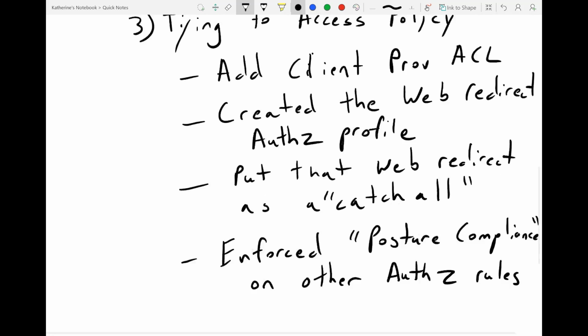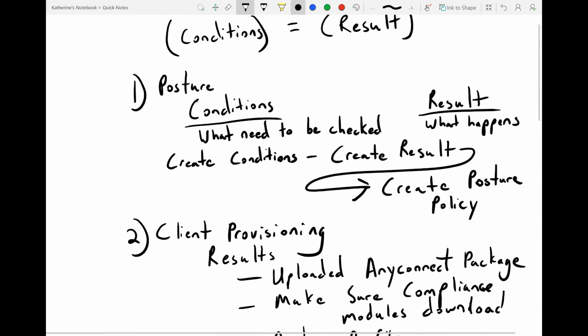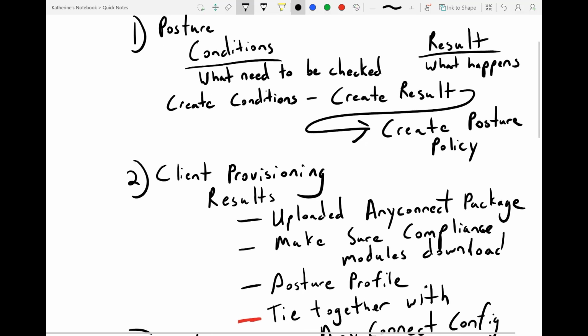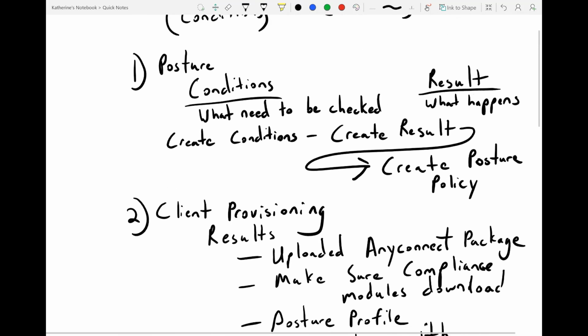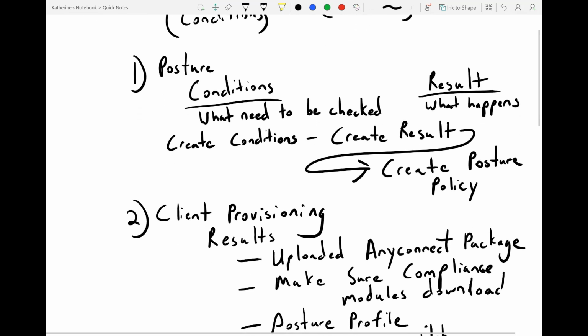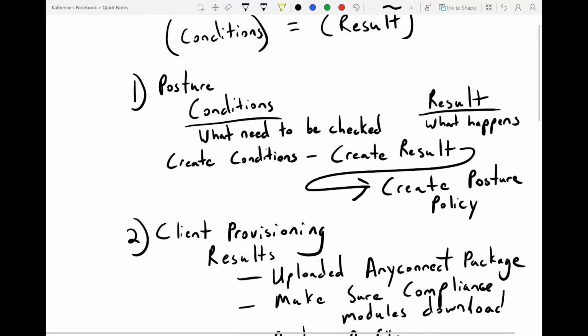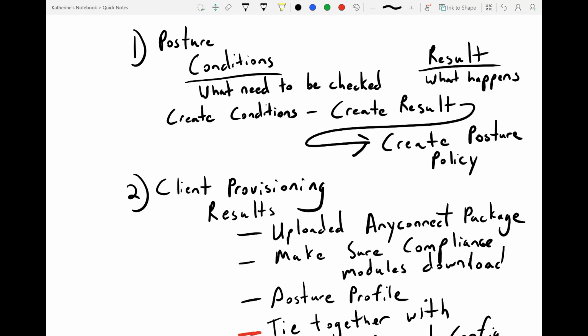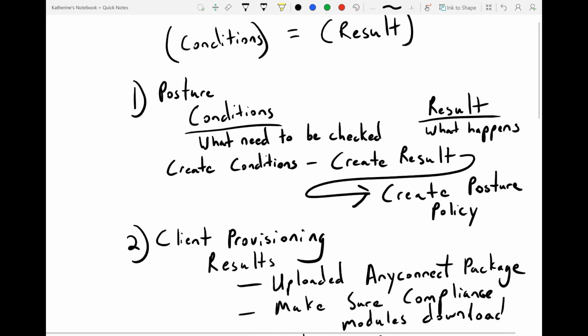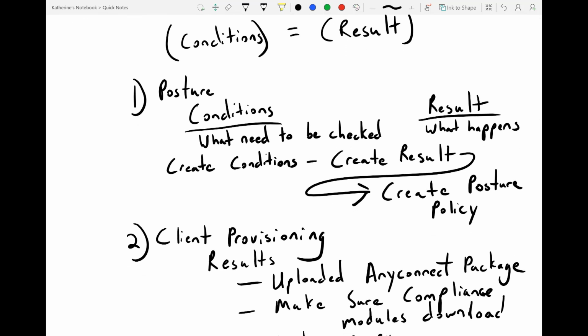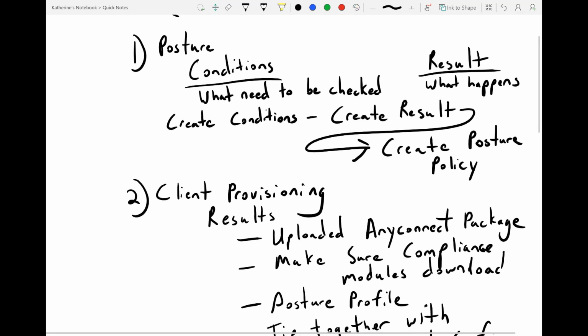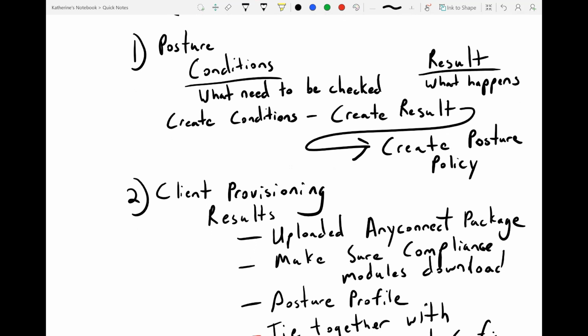So, sorry, that was a lot to write out, but what we did was very quick. I timed it, and it does take a bit to learn, but we did it in under 15 minutes essentially, and understanding that is probably the hardest part of ISE, to be honest. Of everything I configure in ISE, everything has a little more of an intuitive flow. I think the hardest to wrap your mind around is this flow of creating posture conditions. You create the posture conditions, the results, then you tie it together in a posture policy,